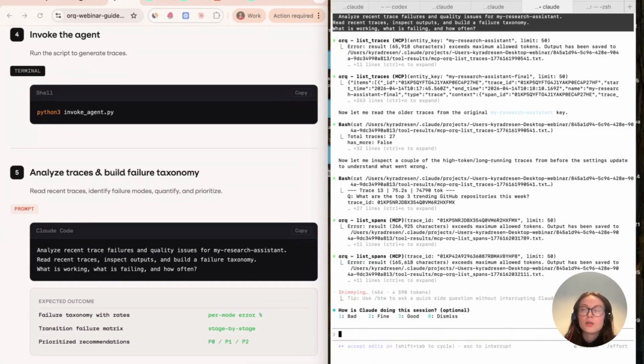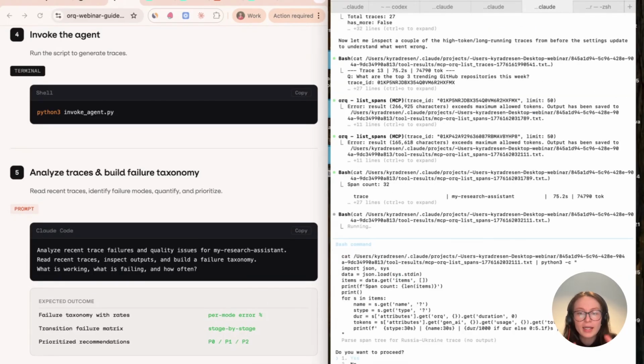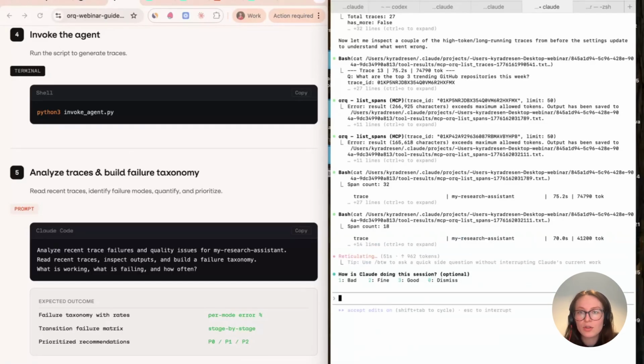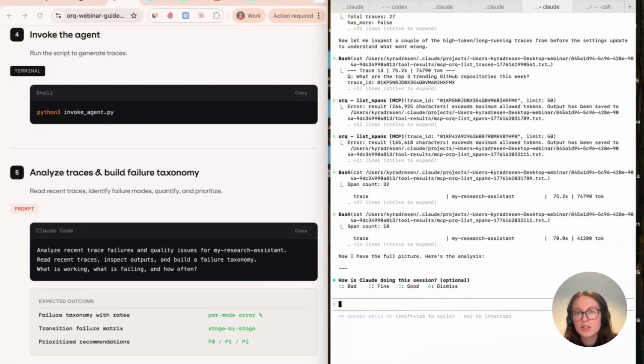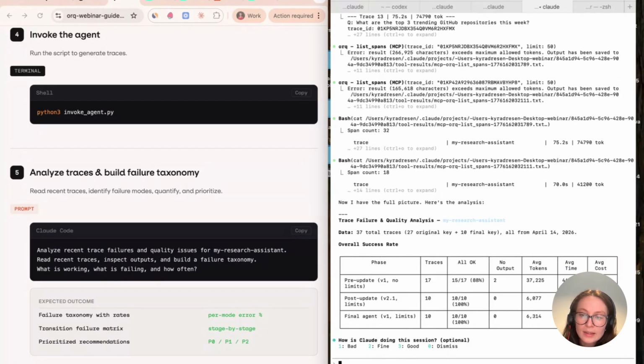But what the orq MCP gives you in combination with coding assistants is that you can ask any type of question with any level of complexity, with any level of depth to your agents, to your production systems, to the things that you're tracing.